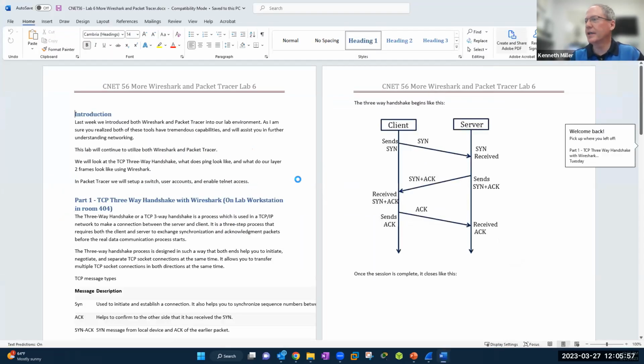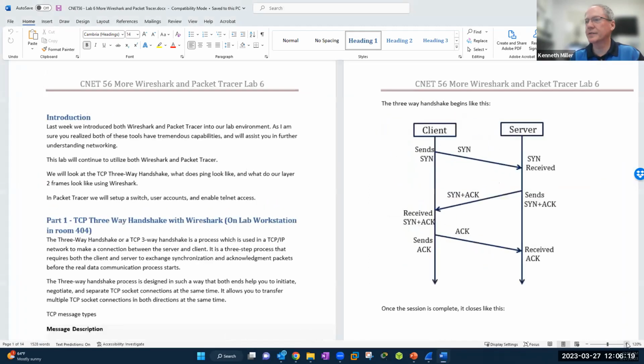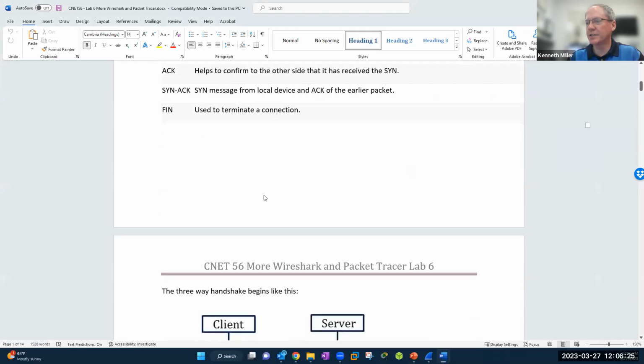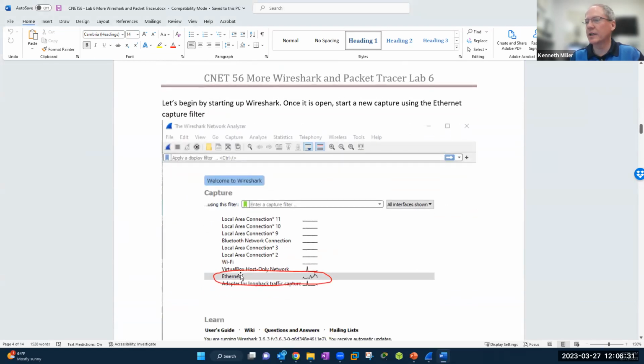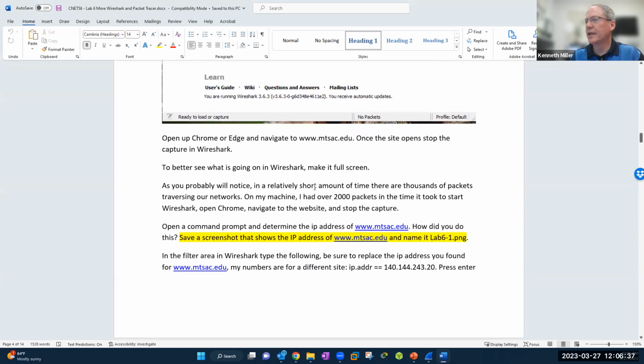All right, so here's the lab. Let me make this a little bit bigger so you can read it. So the first thing you're going to do is open Wireshark and do a three-way handshake. So what you're going to do is read all that stuff, open Wireshark, start Ethernet, open up Chrome, and then make